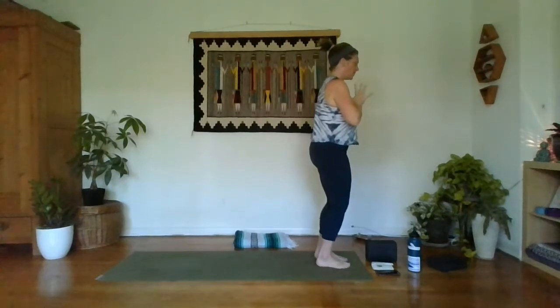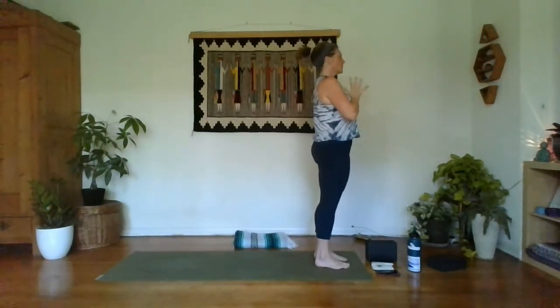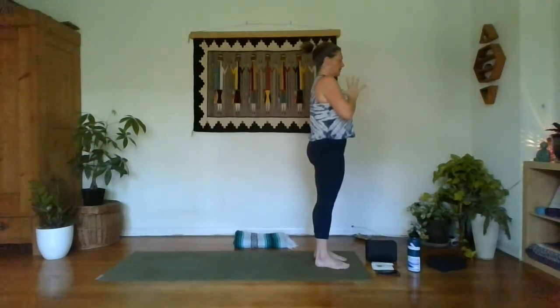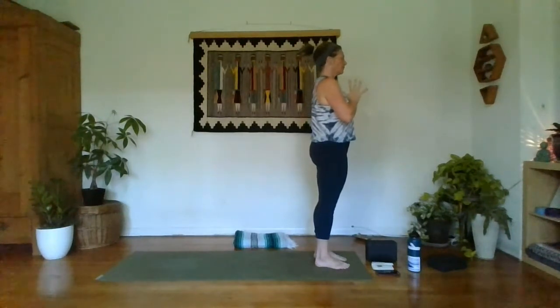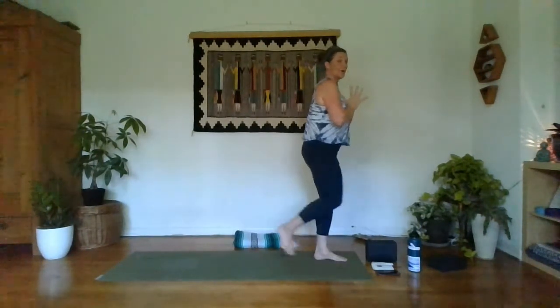Find the connection to the earth. Use your awareness of all of those little checkpoints from the soles of the feet up to the crown of the head. Notice the integrity here in this posture. One more breath. Beautiful. As you're ready, we're going to take this right foot and step it back and bring the heel in